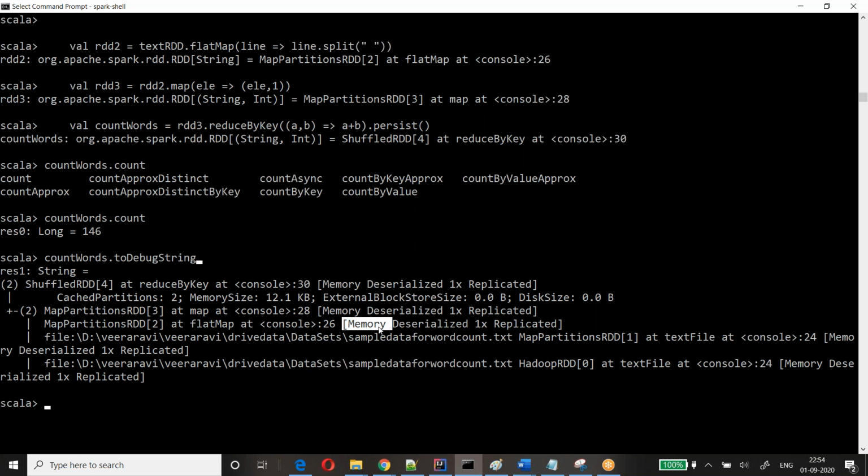Same thing with cache also. If I do cache, it will store the information. Let me show you that.